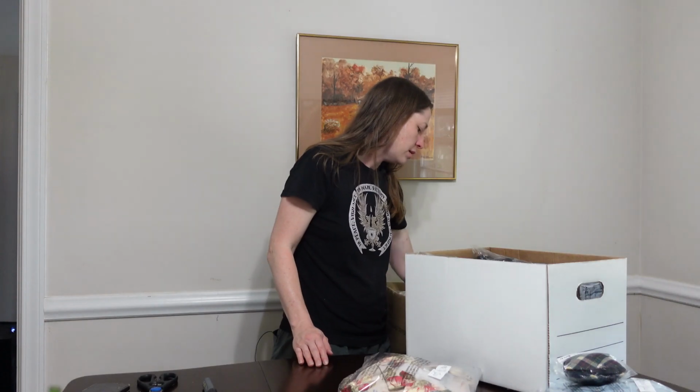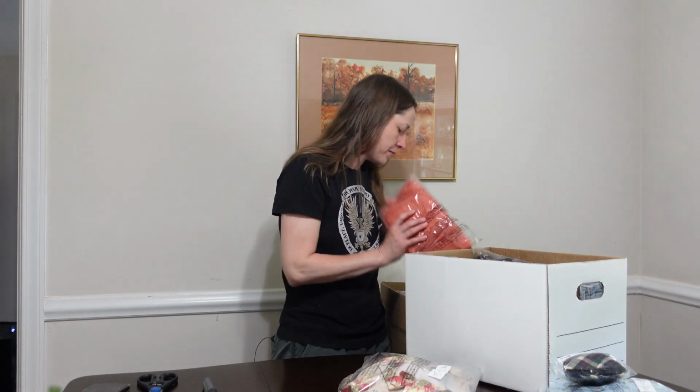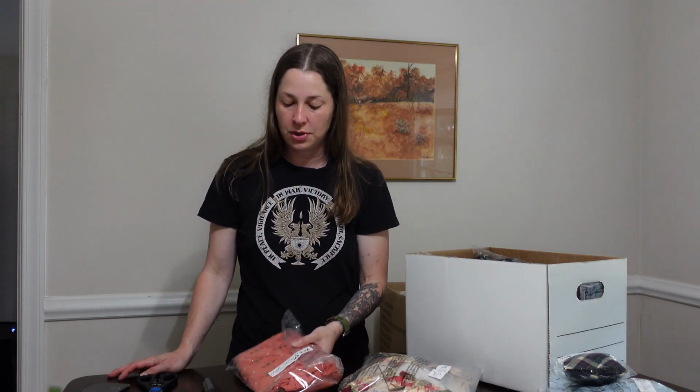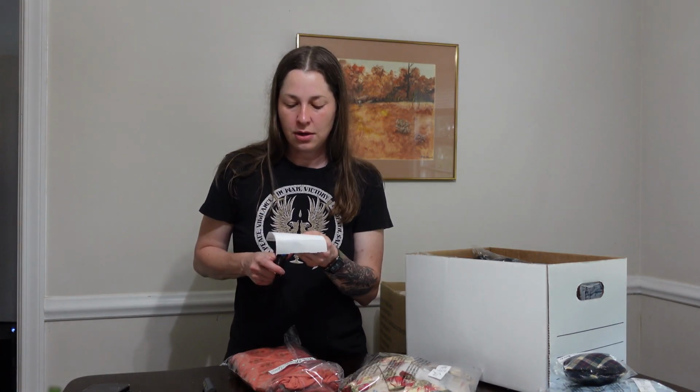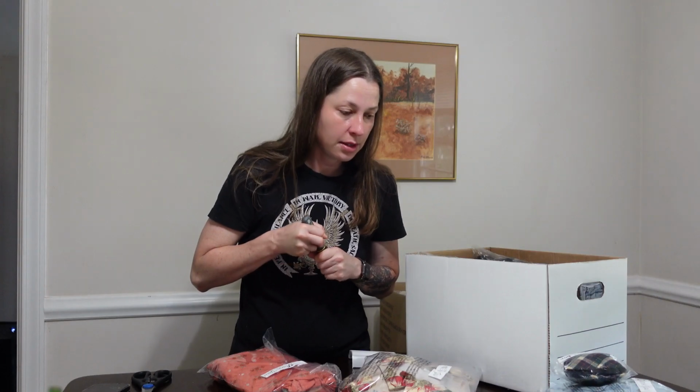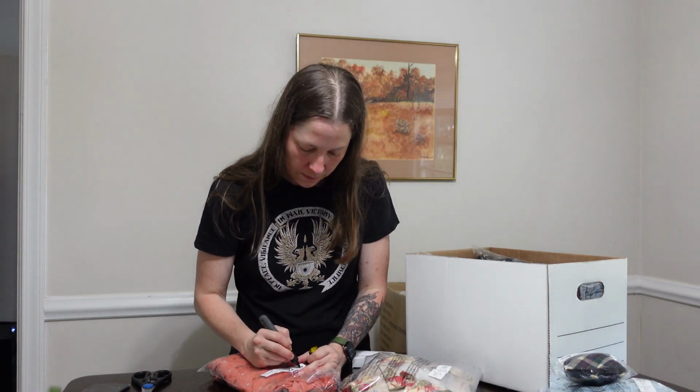All right, $4.74. Oh, Garnet Hill. This is a dress. This is actually a gorgeous dress. Garnet Hill is a catalog brand. I'm surprised that hasn't sold, honestly. So $4.74